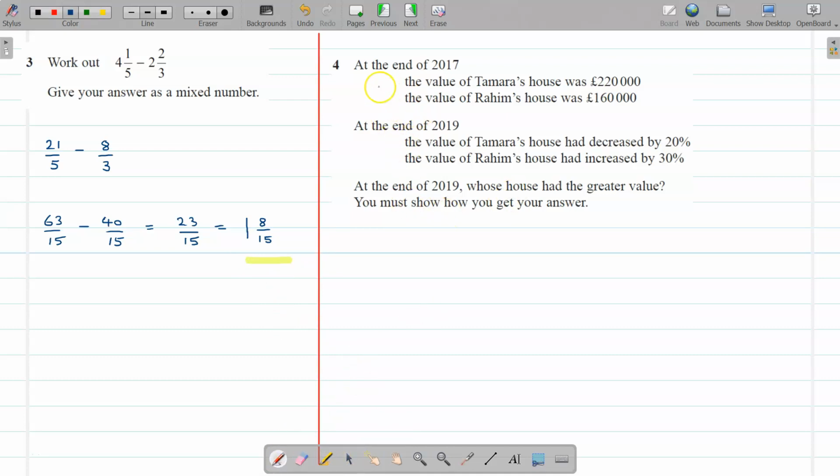So in this question we have to look at this information about Tamara's house and Rahim's house. Tamara's house had decreased by 20%, whereas Rahim's had increased in value by 30%, and we got to find out whose house had the greater value at the end of 2019. So the best thing to do is just take 20% away from Tamara's house. So we've got 20% of